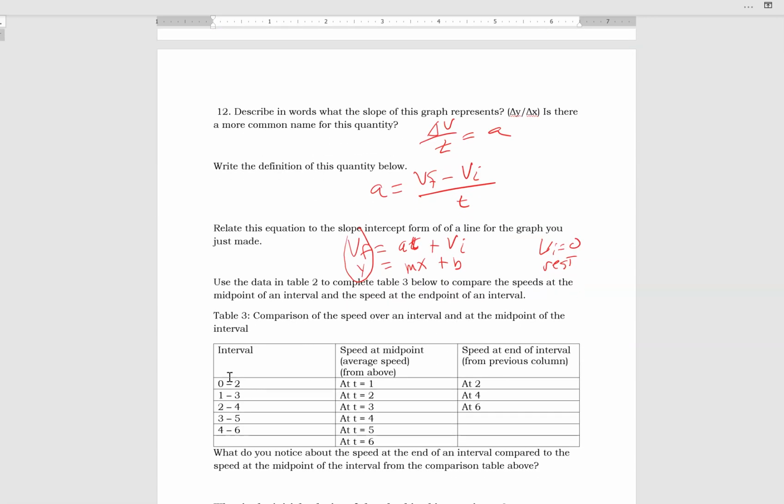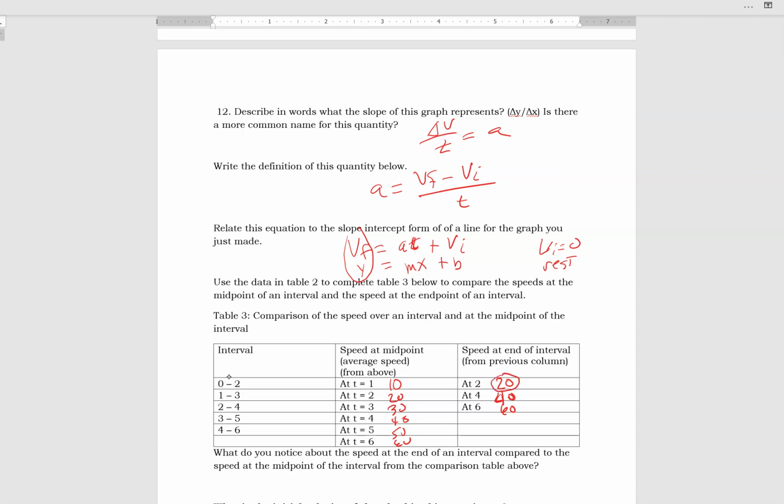Now I want to look at the comparison. So I have at t equal 1, this is from the table above, 10, 20, 30, 40, 50, and 60. Then I want to know, what was the speed at t equal 2? It was 20. What about at t equal 4? It was 40. What about at t equal 6? It was 60. So notice that at t equal 2,